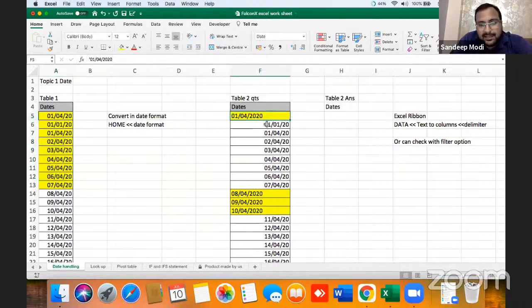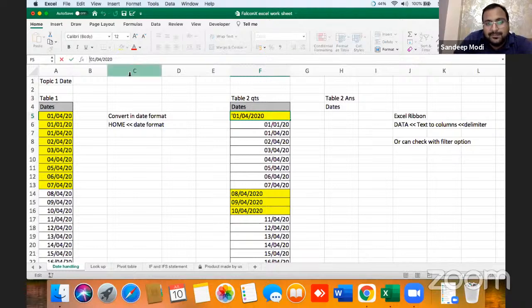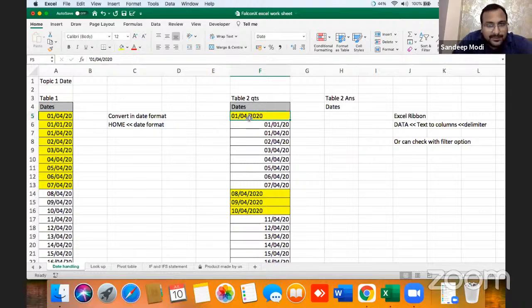Now, this is the second type. Let's come to the second scenario. Here, as you can see, this format is right, and this format is also right. But one format is on the left hand side, the other on the right hand side. In Excel, there is a rule: whenever dates are on the right hand side, they are in the proper format which the system wants. But when the dates are in the wrong format, they come on the left hand side. This is in text format. As you can see, this comma is purposely there; I have distorted the data. So sometimes dates are on the left hand side.